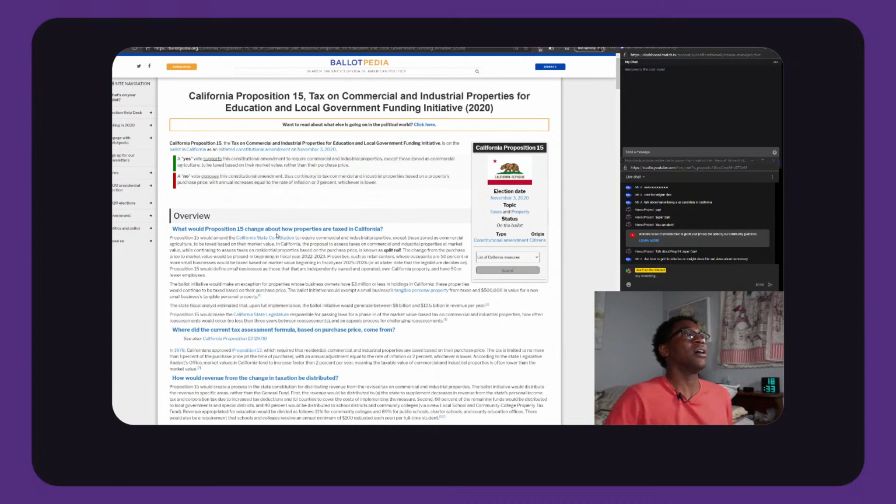So here's another one. Proposition 15, if I read it from my ballot, increases funding sources for public schools, community colleges, and local government services by changing tax assessment of commercial and industrial property. It's an initiative constitutional amendment. So basically, what this does is taxes,